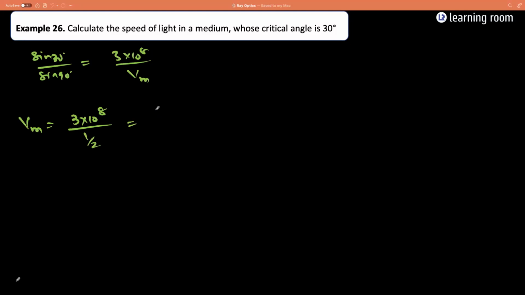Calculate the speed of the light in the medium whose critical angle is 30 degrees. So sin 30 divided by sin 90 is equal to speed of light in air, that is 3 into 10 power 8, divided by the speed of the light in the medium. So speed of light in medium will be 3 into 10 power 8 divided by sin 30, which is going to be,